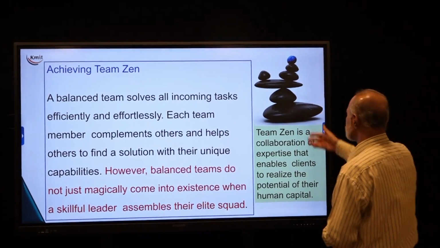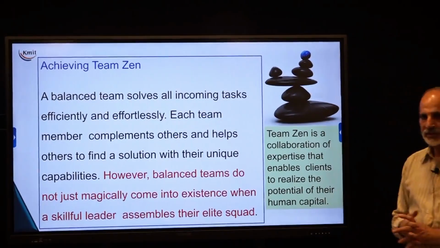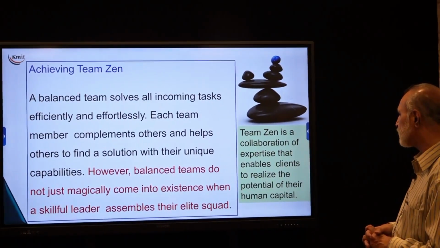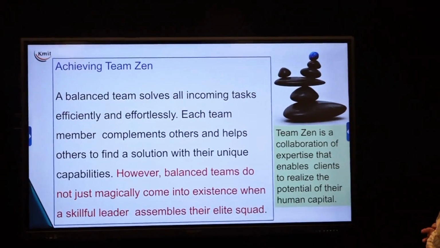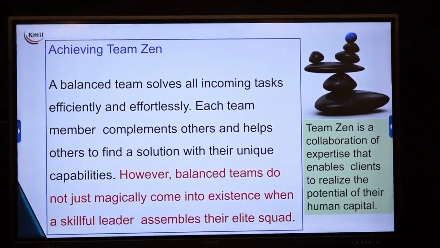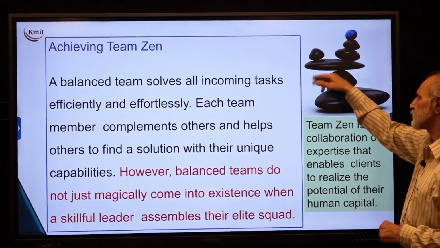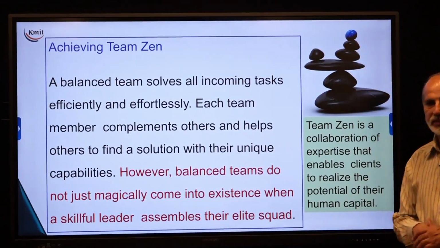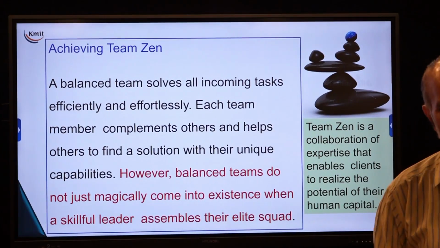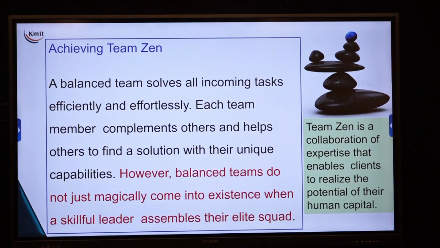Now if you look at the stones, the stones are placed on top of one another, and some stones are having a balancing act also. If you look at this stone, it has a balancing act. One stone is on this side and another cubic stone on the other side, but they are balanced. So we also use the word balancing a team. Let us see what we are doing.